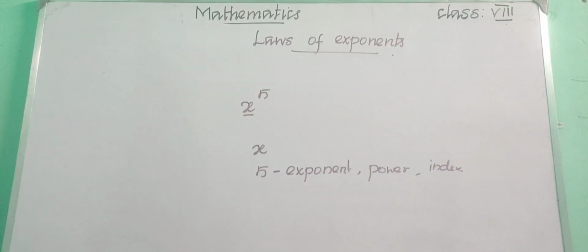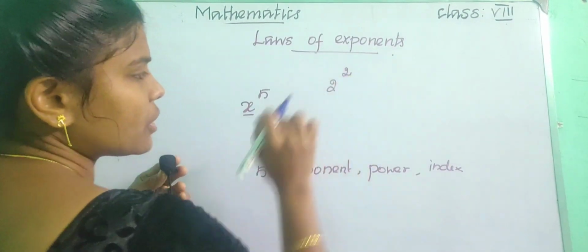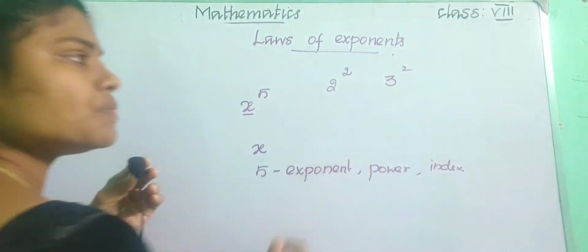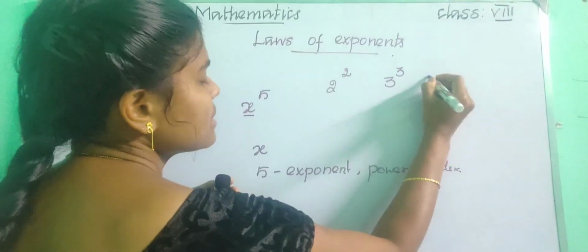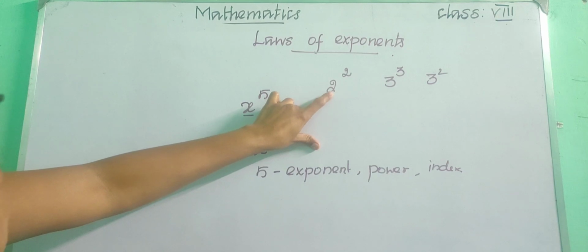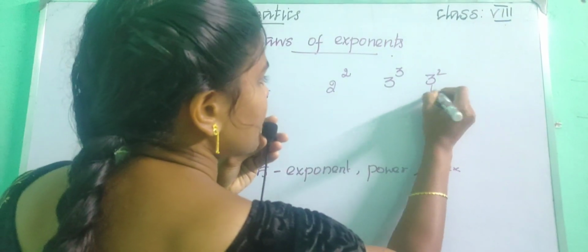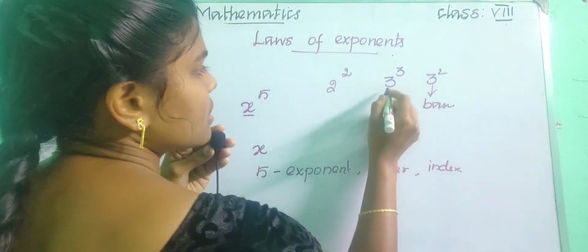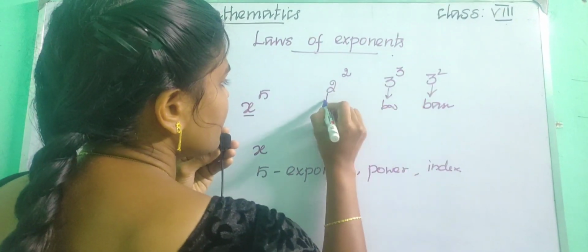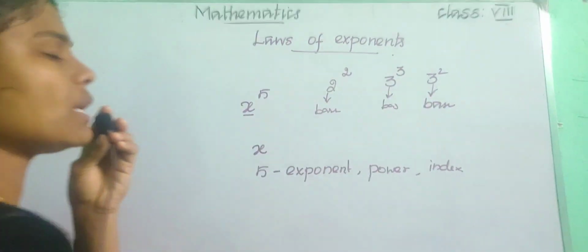Okay children, see if you are having a term, already we have learnt about 2 power 2, right? So 2 power 2 is the square number, and 3 power 3 the cube number, or else 3 power 2. All these terms we have learnt in the previous classes, right? In this number, what will you call this 2 as? Or else what will you call this 3 as? So this 3 is called the base here, and here this 2 is called base, okay children. So the number which is in the bottom is called as base.